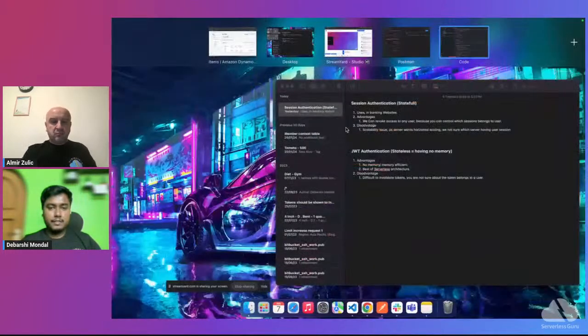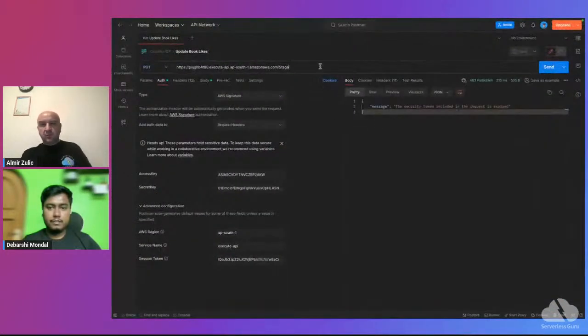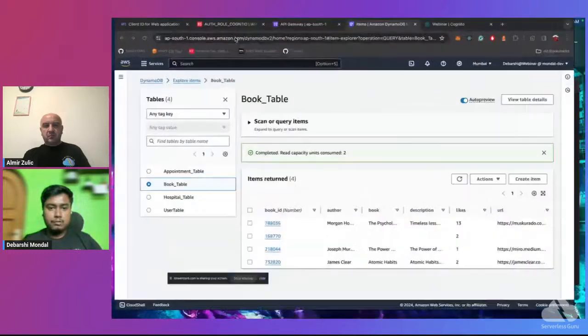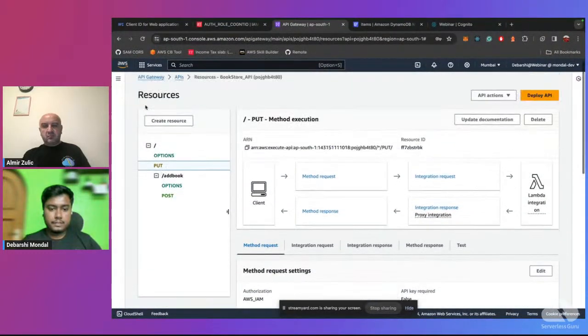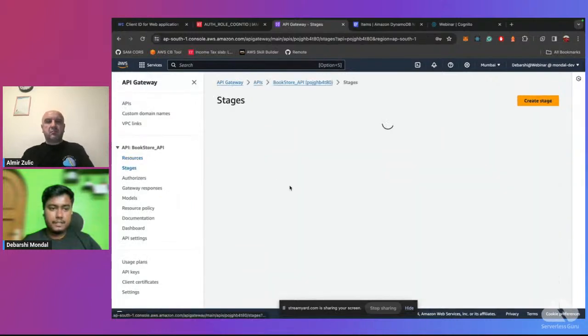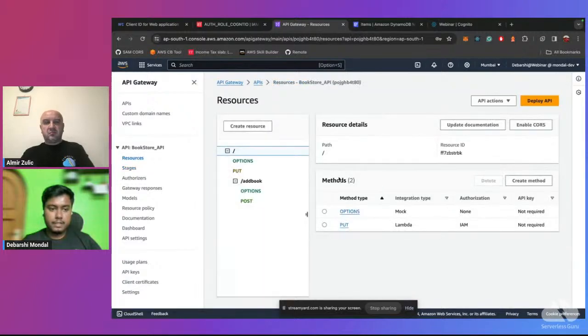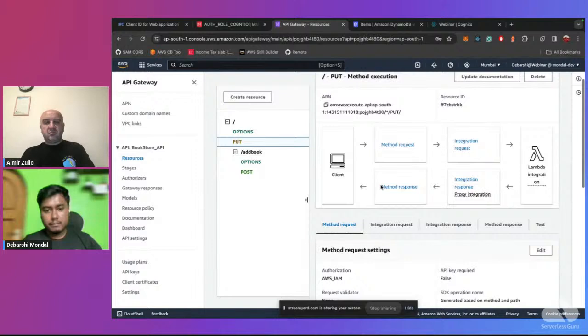So let me show you the demo of what we have. Let me go to Postman. Now, this is an API Gateway URL that I copied from my API Gateway after deploying my resources, right? This is the API I have right now. If I go to stages, you can see this is the API URL I'm using for my demo, and for the resources, if you go to the PUT request,